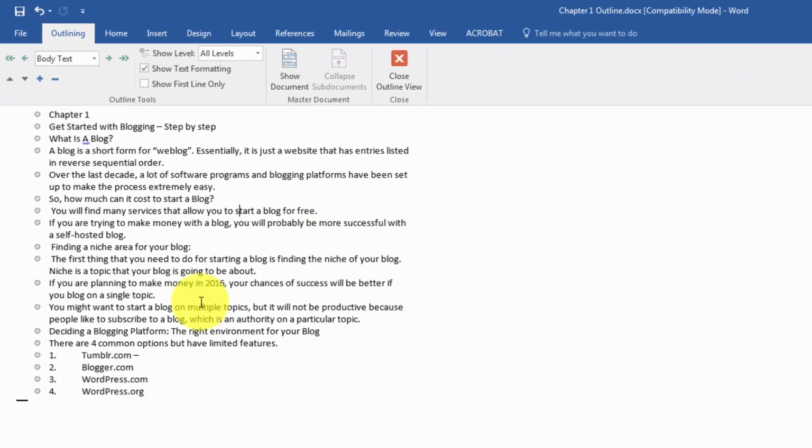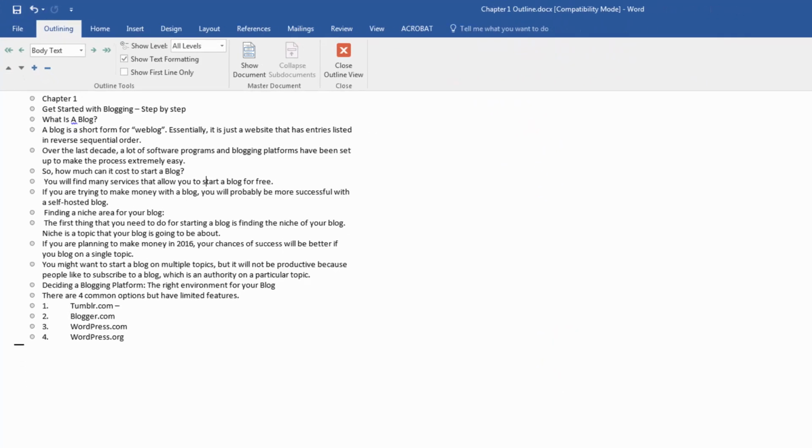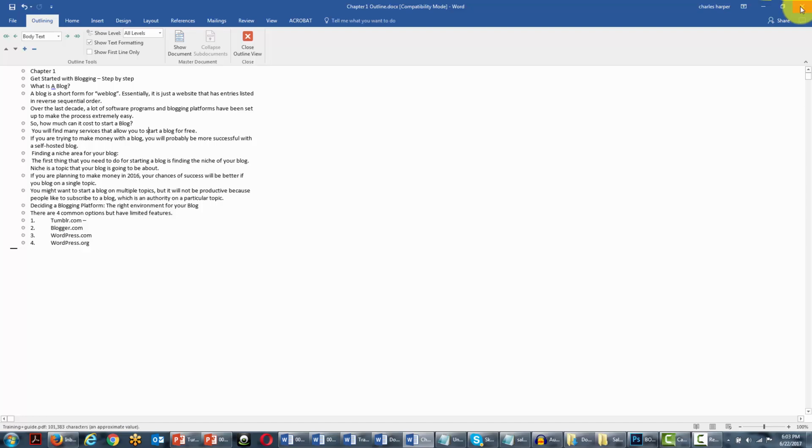And what we basically want to see is each sentence or each potential slide connected to one of the side dots here, and this automatically happens once we change it to the outline view. So once again, we're going to go ahead and save this document as it is. And now that we've done that, we can go ahead and close our outline,